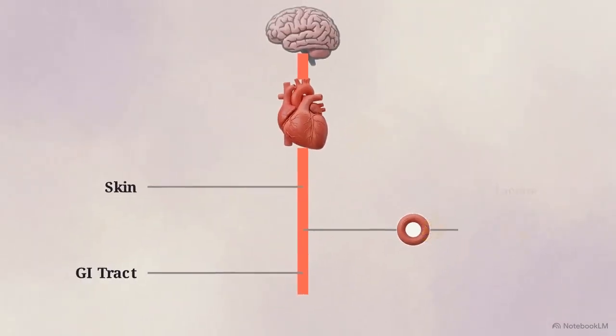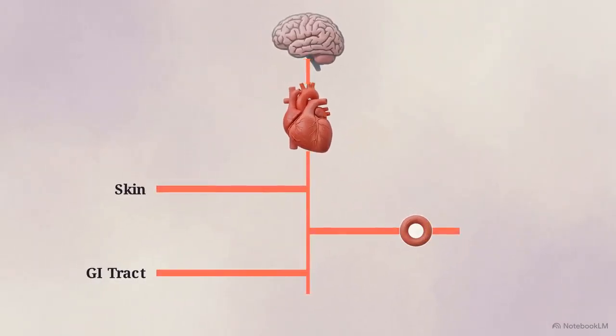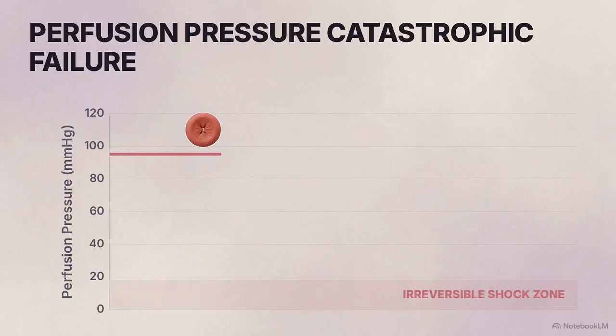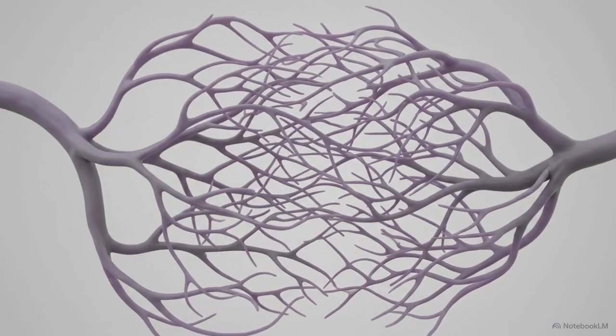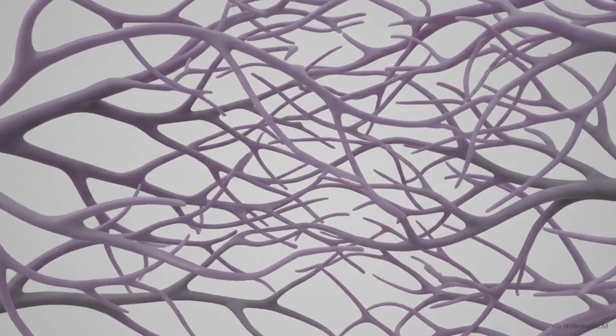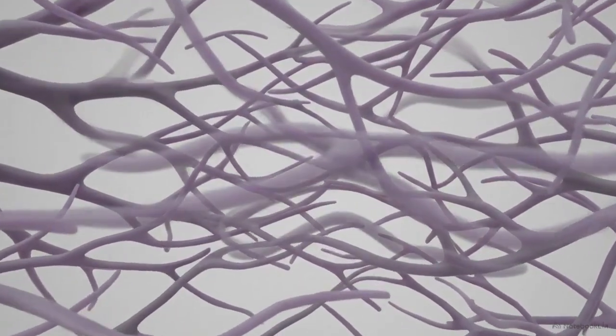This lactic acidosis causes the closed precapillary sphincters to fail. The localized acidosis paralyzes the sphincters, causing them to spring open. This leads to massive, uncontrolled vasodilation and a sudden, catastrophic plunge in tissue perfusion pressure. In quantitative shock, the body's own desperate attempt to hoard oxygen ultimately triggers the final, irreversible circulatory collapse.